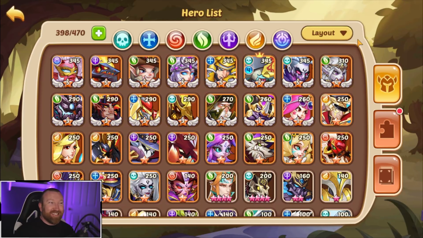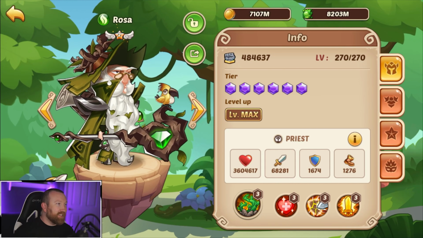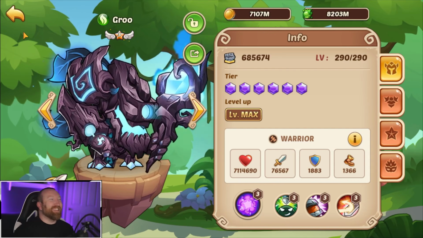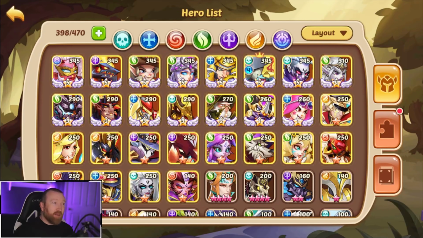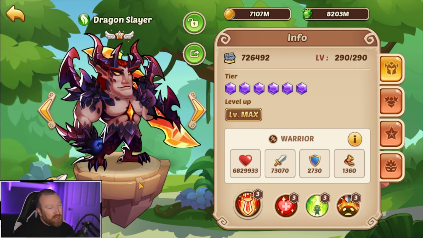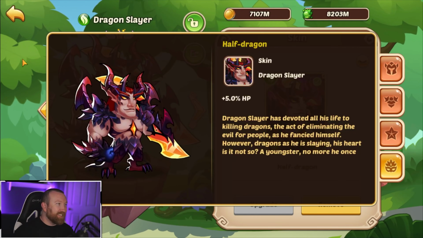But this is just an interesting account overall. We have, oh man, Jesus is here, would absolutely love this. Look at this Rosa with the skin, and we got an Edgar, and we got a Gru. Oh, there's still a lot of older heroes on this account. It looks like it might have been a heavily forest-oriented account, which, you know, I'm not against that. It's cool. We got all the skins too, which is...